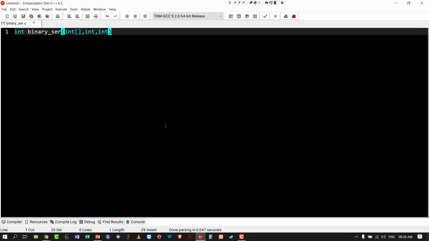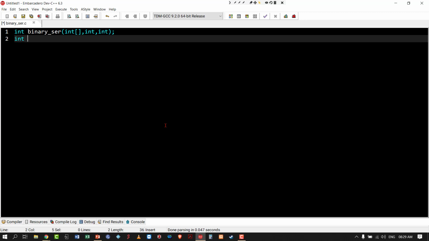The function declaration is not mandatory. Since we are passing an array, the function declaration looks like this. In the previous class, I forgot to mention this. Last class, Saksham asked this doubt, and at that time I remembered it. So whenever you declare a function which contains an array, you have to declare it like this: int or the data type followed by the box bracket.